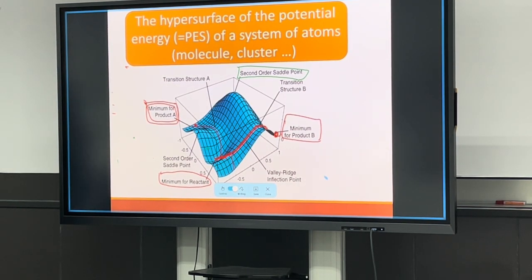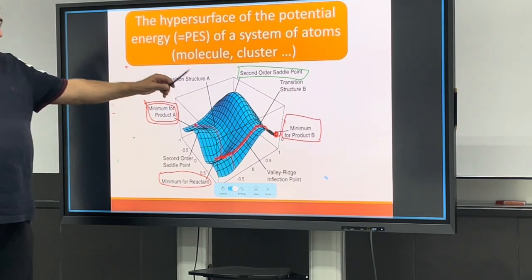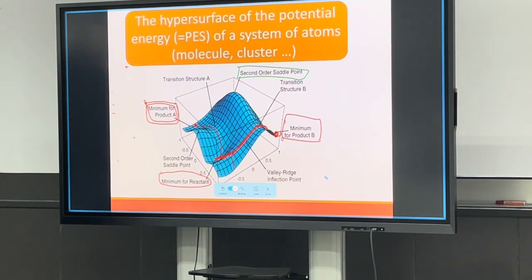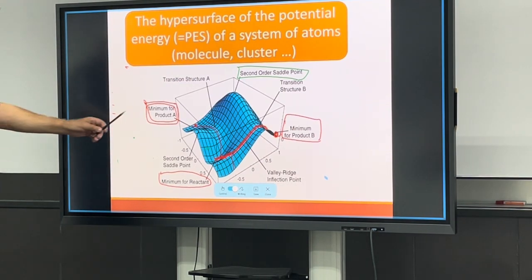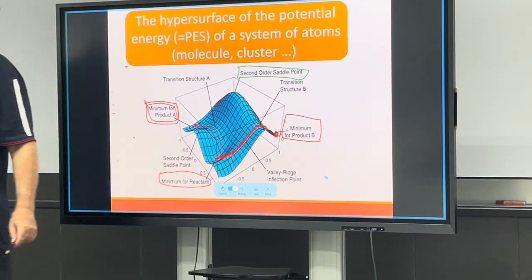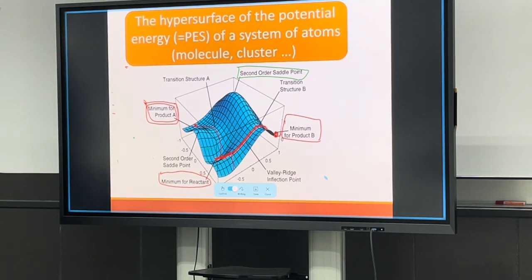Now, this potential energy surface, if you have a complicated reaction, or I should say it differently. This is a two-dimensional example. And in reality, of course, you have many dimensions. Even in the example that Philip said with the